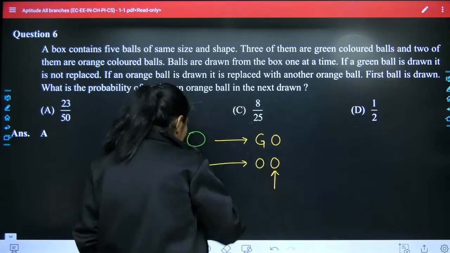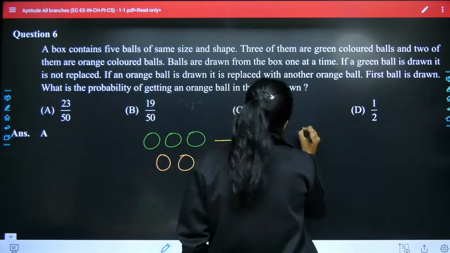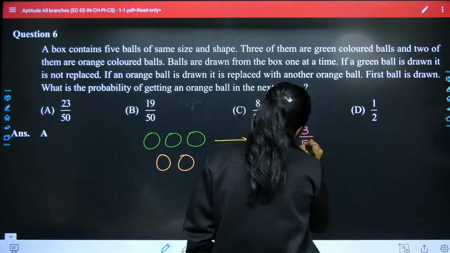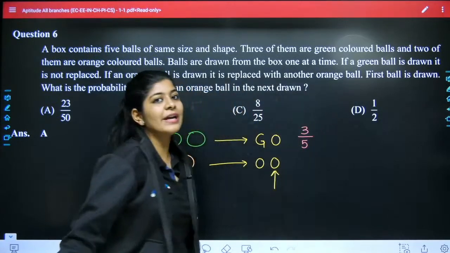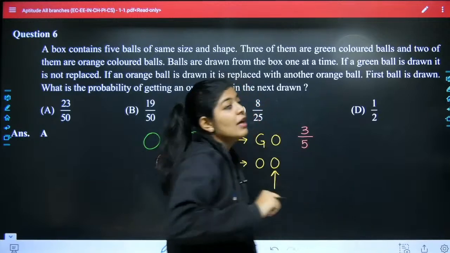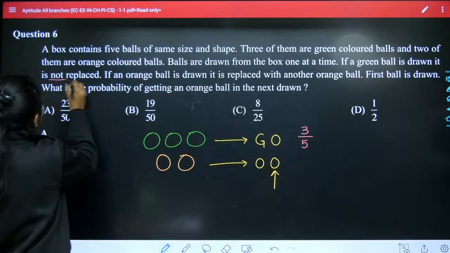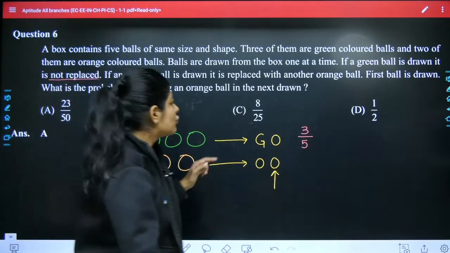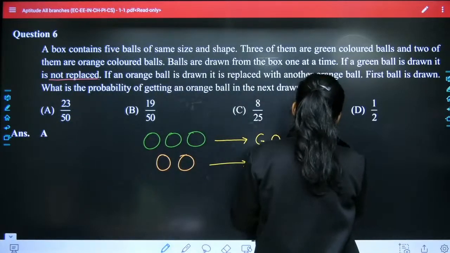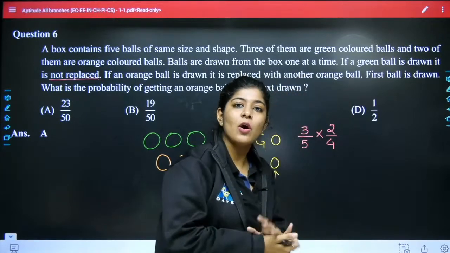So if we draw a green ball, that means we have 3 green balls out of 5. So the probability of getting a green ball out of the box is 3 by 5. Now if we draw the green ball, we can't replace it. So the probability of getting an orange ball is 2 by 4 because now only 4 balls are left in the